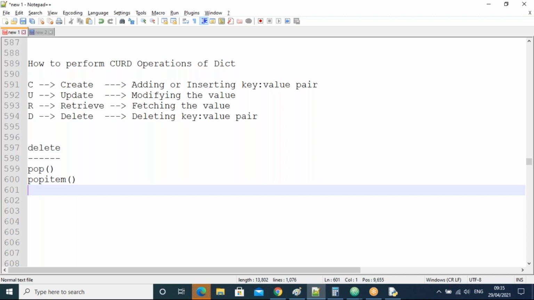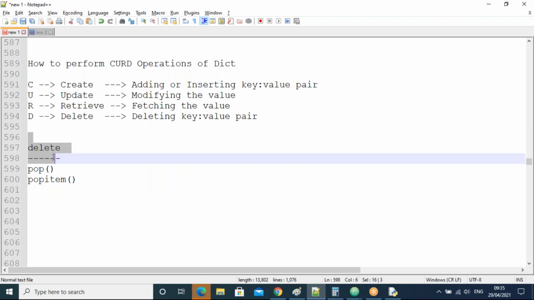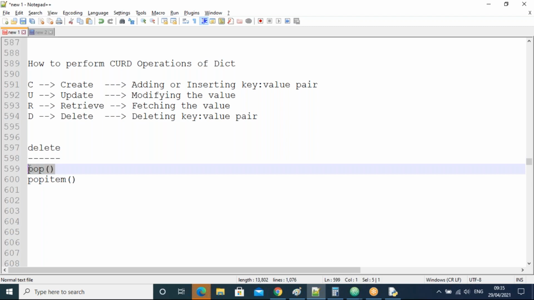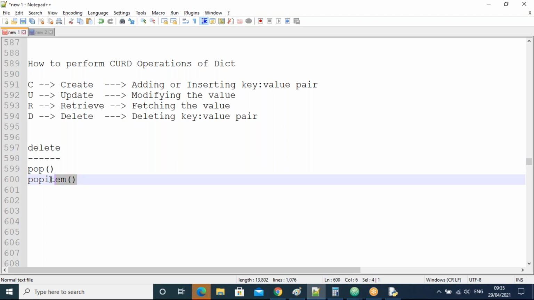Pop and popitem functions. All clear, right? For the delete operation, we use two functions. What's the first one? The pop function. The second one, the popitem function.